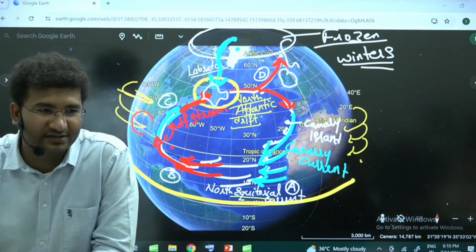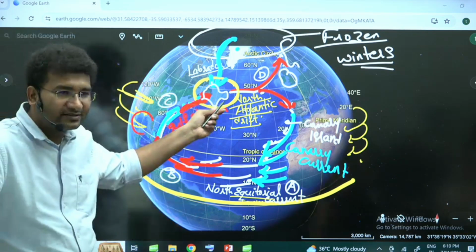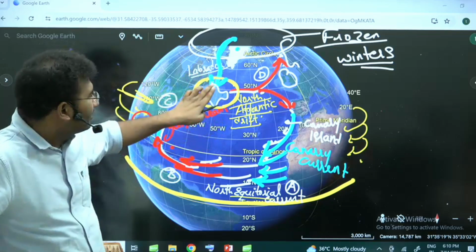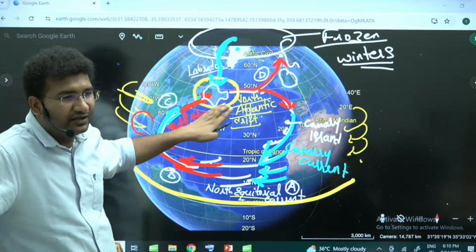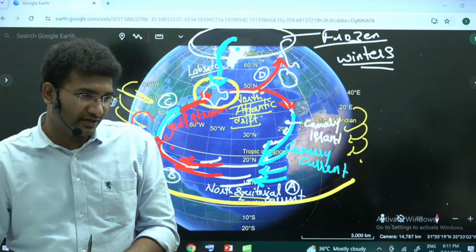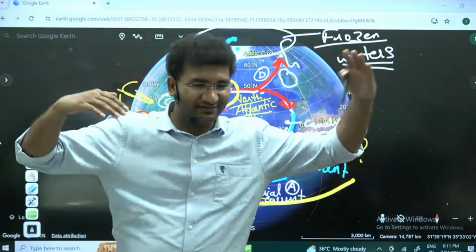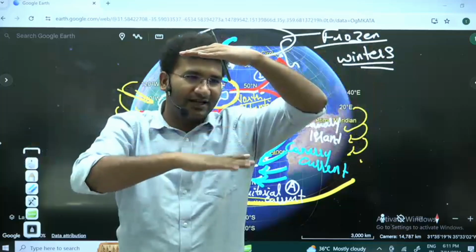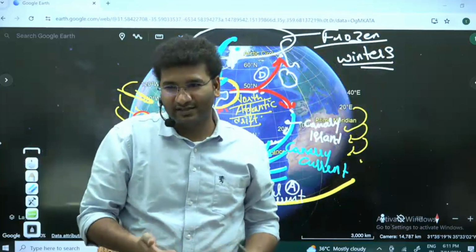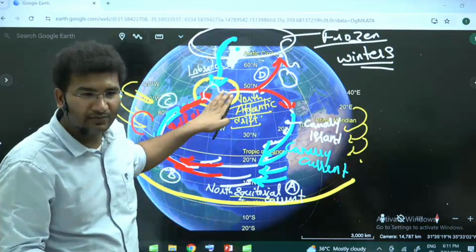Atlantic icebergs. Where did the ship sink? It is in this place. Why, you know? See, here cold water is coming, here warm water is coming, and in this part of the area you will have a lot of fog formation. Why fog formation? Temperature inversion. I told you that warm air is coming in and cold air is coming in. If they collide with each other, instead of the temperature falling as you increase height, the temperature is in fact increasing. This kind of temperature inversion condition can be seen, and fog formation can take place.